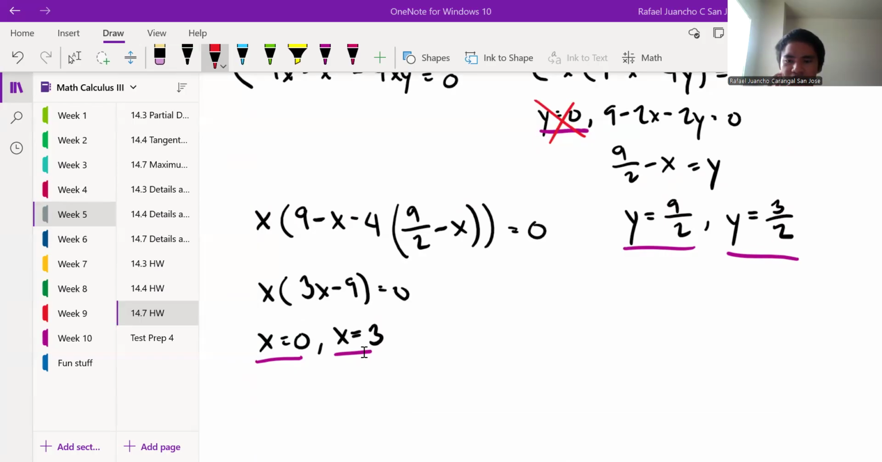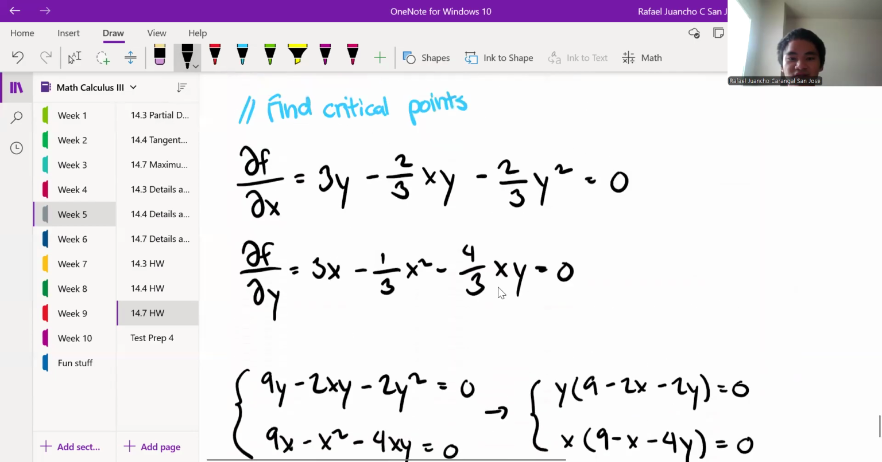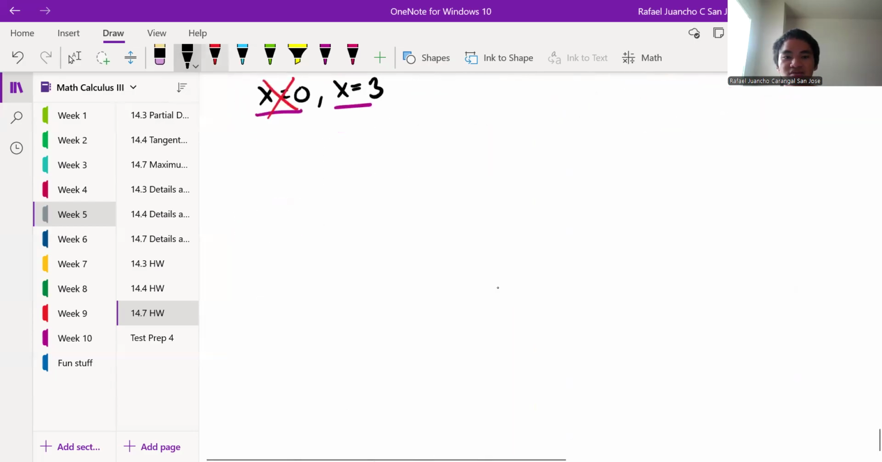Oh, I'm also gonna take this one out. My x is 0, because that would lead to a 0 volume. So that doesn't make sense. And so if I plug this in, I also take this out. So I'm actually left with 2. X is 3 and y is 3 halves. Right? And so if I plug that in,